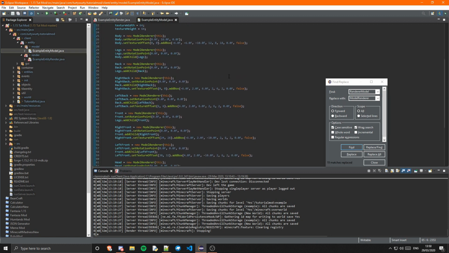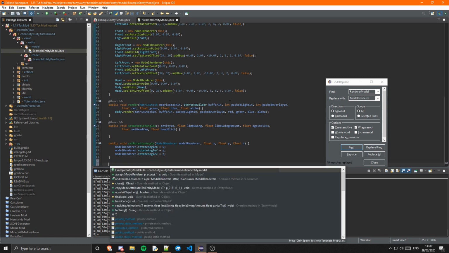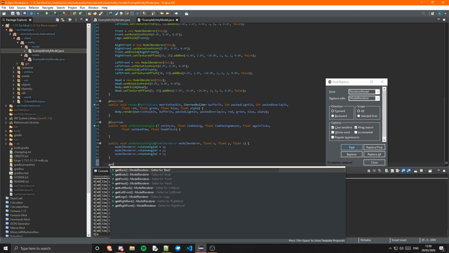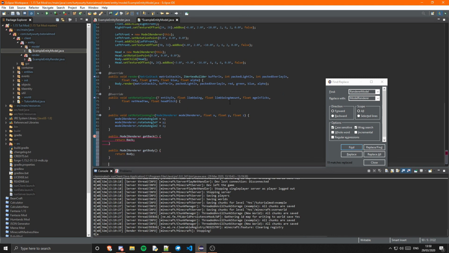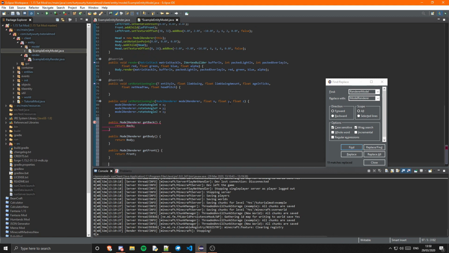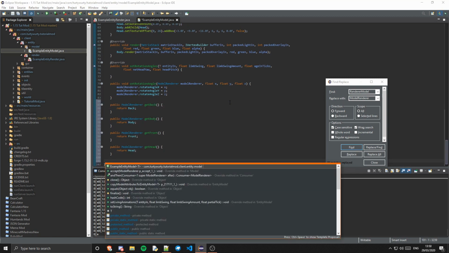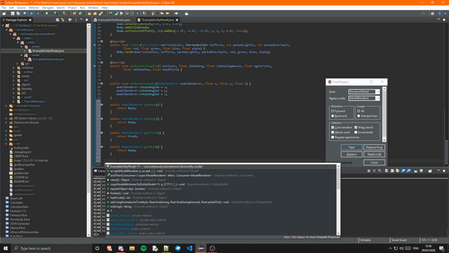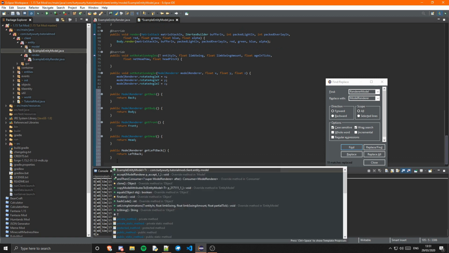And there we go, that will fix all of that. Now what you might want to do is create some getters for your stuff. If you just type get, you can see it's get back, and then type get again, get body, get the front, get the head,